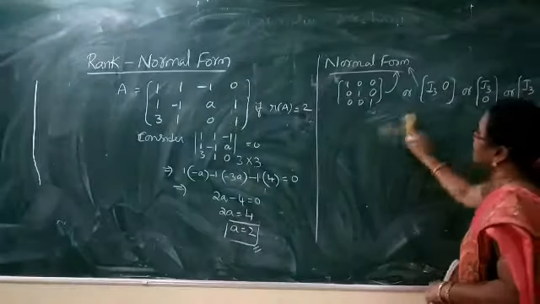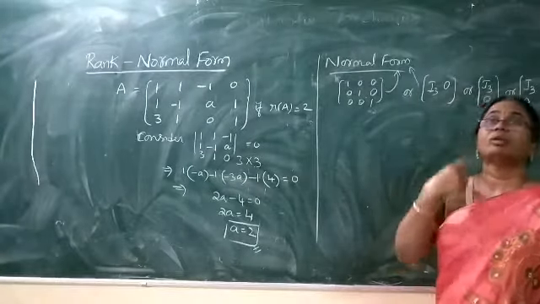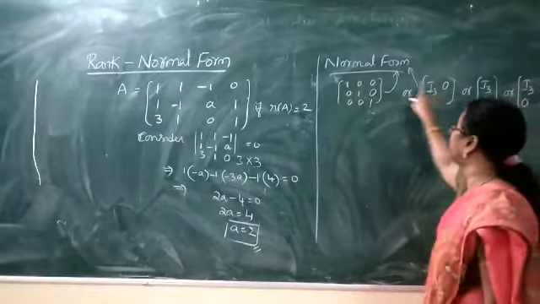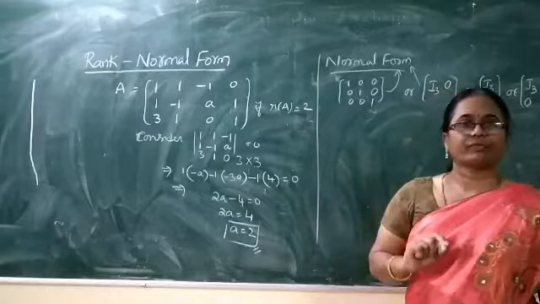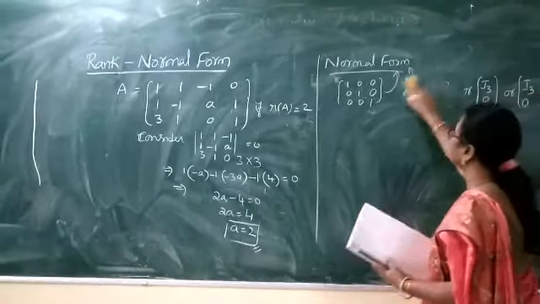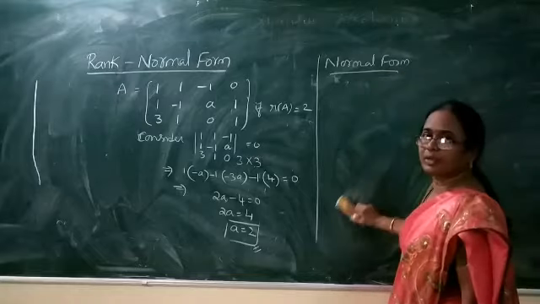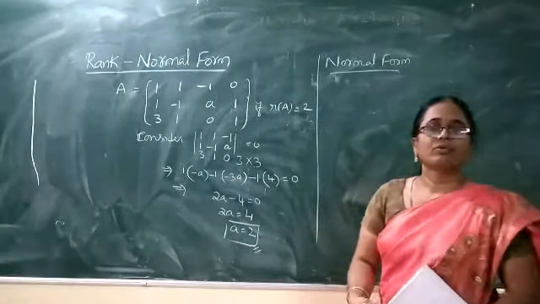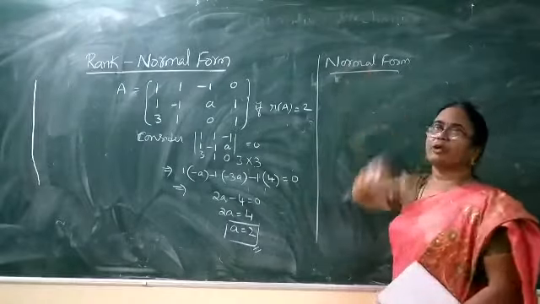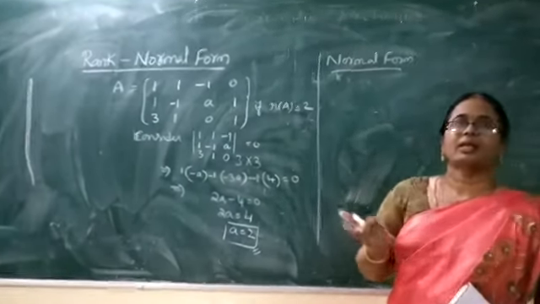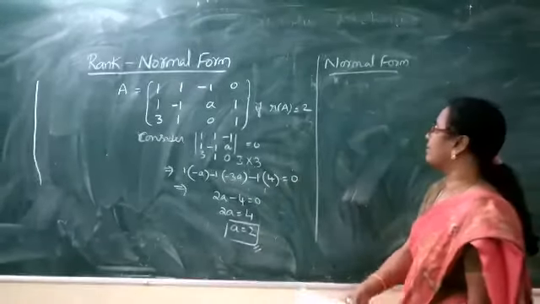Now, our next method is to learn how the matrix is reducible to normal form, any of the forms. Thereby we can calculate easily the rank of the given matrix. Let me now explain the method of finding the normal form for any given matrix. Right? So what we are going to do now? We are going to reduce a given matrix to one of the specified normal forms, thereby getting the rank of the given matrix from the normal form. Let us choose an example.